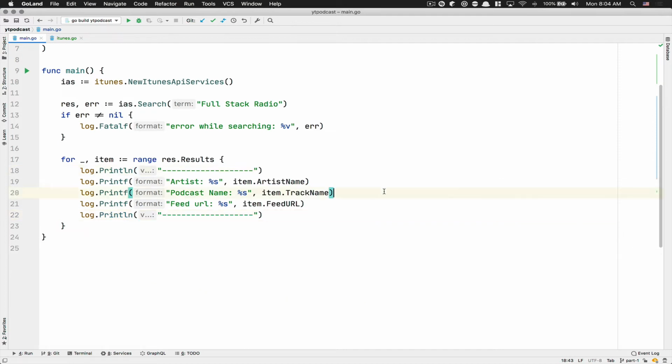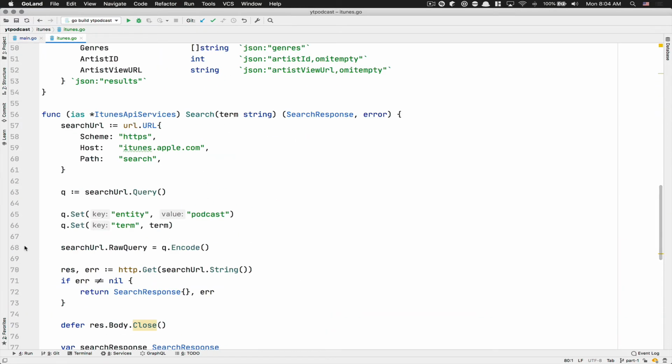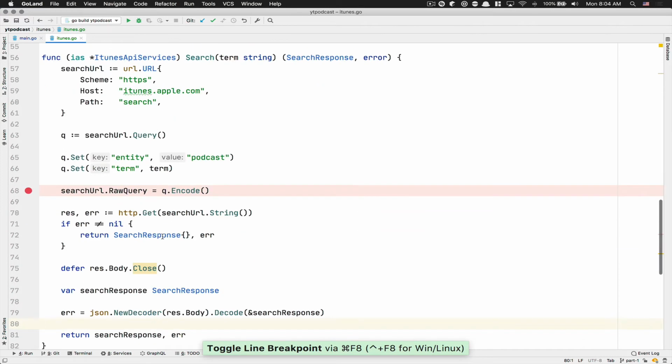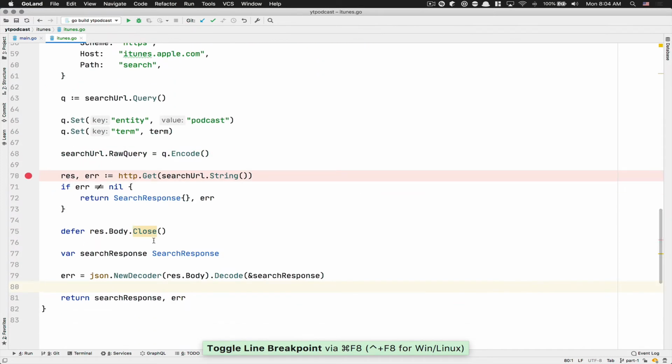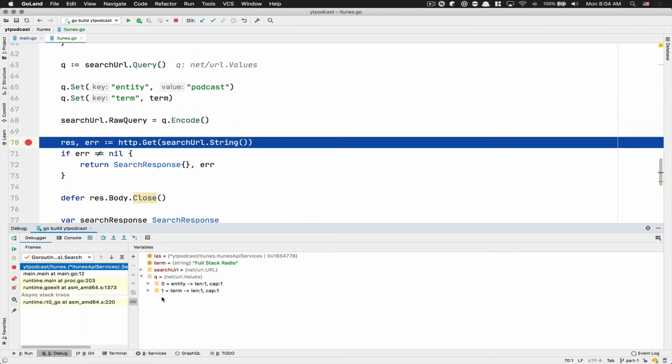Now the thing is, maybe you ask how everything is working. That's the beauty of the debugger. So I'm going to put some debug here, maybe here, and yeah, like that. And now I'm going to rerun that, but in debug mode. And now you see we passed the term full stack radio. Sorry if this is small, I don't think I can make it bigger. And after that, we create here inside the queue here, we put